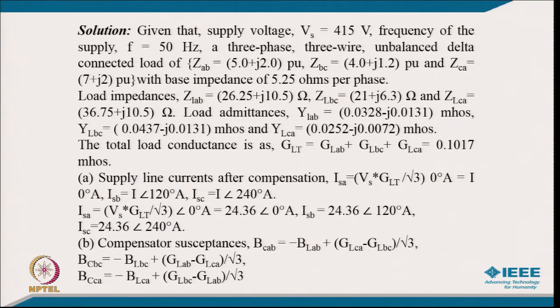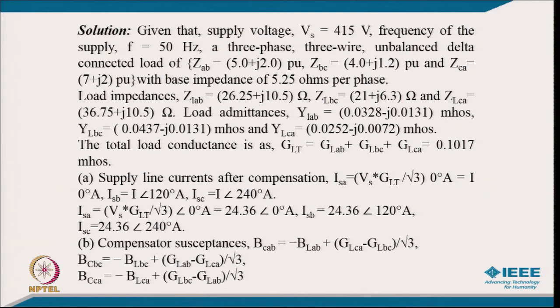YLAB equal to 0.0328 minus j0.013 mho, YLBC 0.0437 minus j0.0131 mho, and YLCA 0.0252 minus j0.0072 mho. So, the total load conductance, which is the sum of all three conductances, comes to GLT equal to 0.1017 after putting in the values of all three conductances of the load, and the supply line current after the compensation